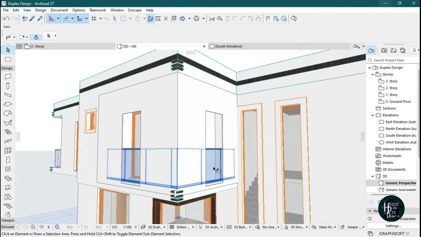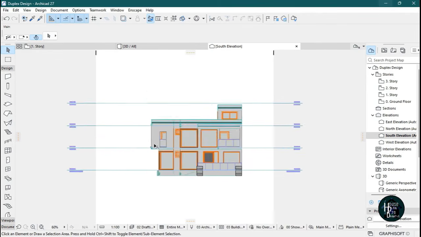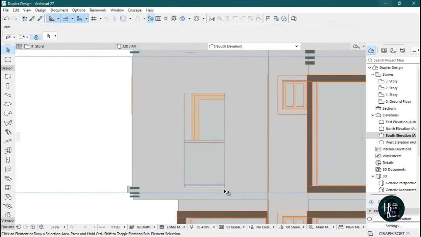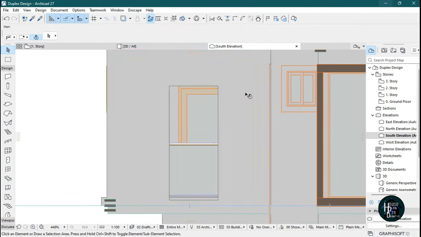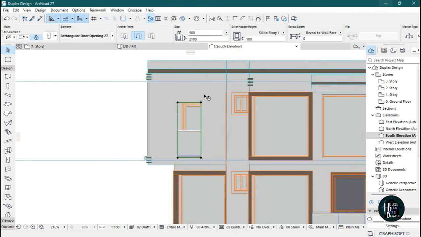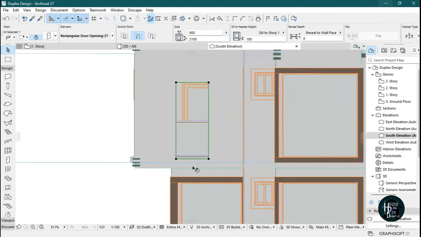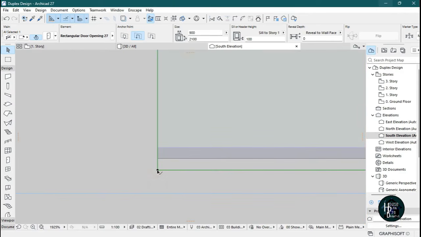So what we want to do right now is go to the south elevation so we can see this side in a perfect view. Click on the south elevation and let's locate where this is. So this is it. This is the opening tool and this is the wall I selected. Click on this edge here. Once you click on the edge, you're selecting the opening tool itself, and not the wall. For us to adjust that now, we click on this node, and you can decide